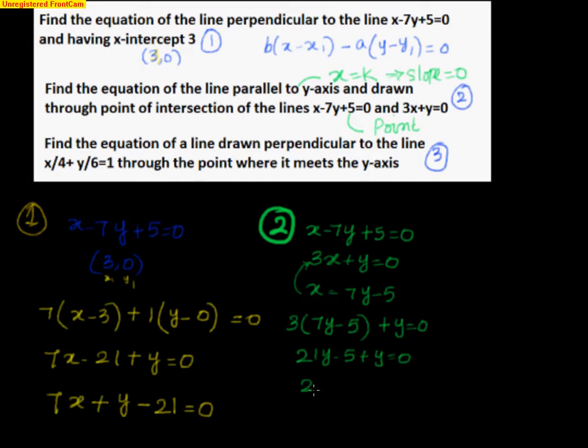That's nothing but 22y minus 5 equal to 0, which gives me y equal to 5 by 22. If I substitute y equal to 5 by 22 in this, I will get x equal to